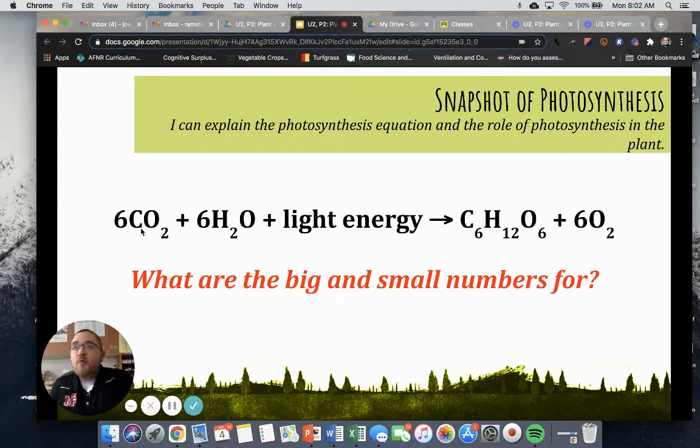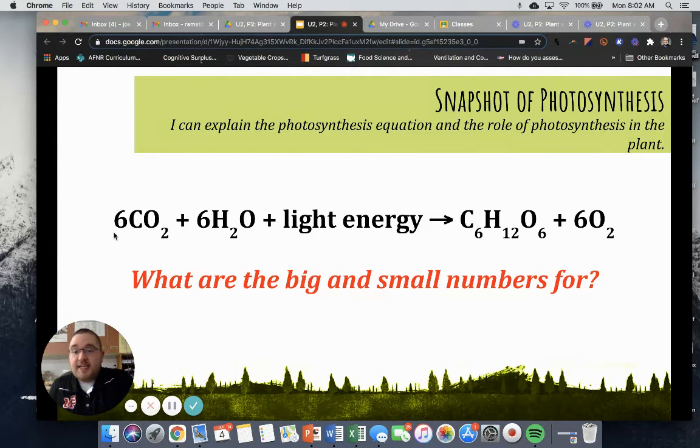That is carbon dioxide. We have carbon and then 2 oxygens, so carbon dioxide, okay? So that's script down here, that's subscript, that is a signifier that it's CO2 or H2O, 2 hydrogen and 1 oxygen, H2O. The big numbers, okay, those are called coefficients, and those are what we change to balance out our